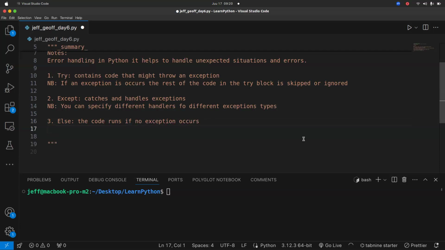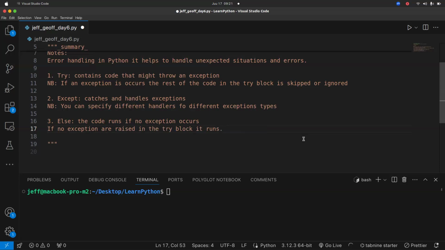In other words, if no exceptions are raised in the try block, it runs.